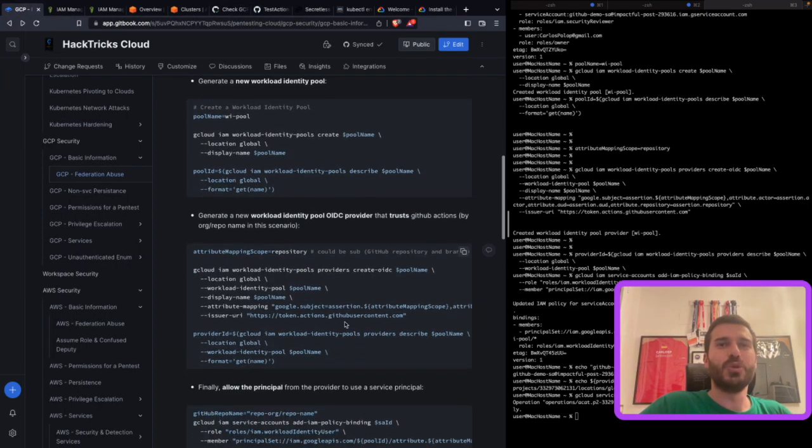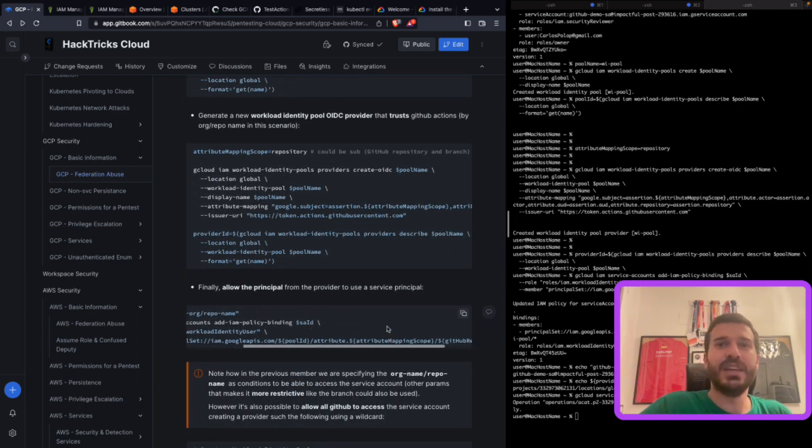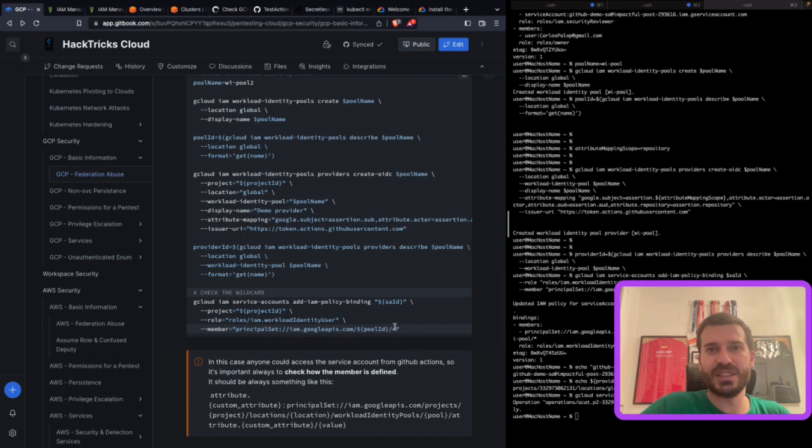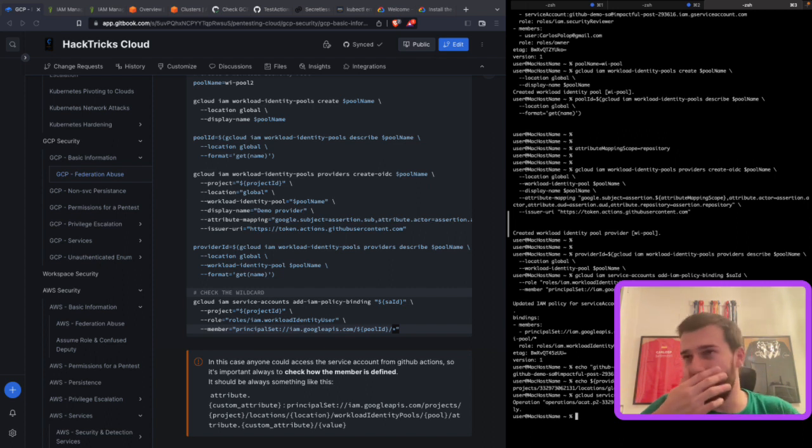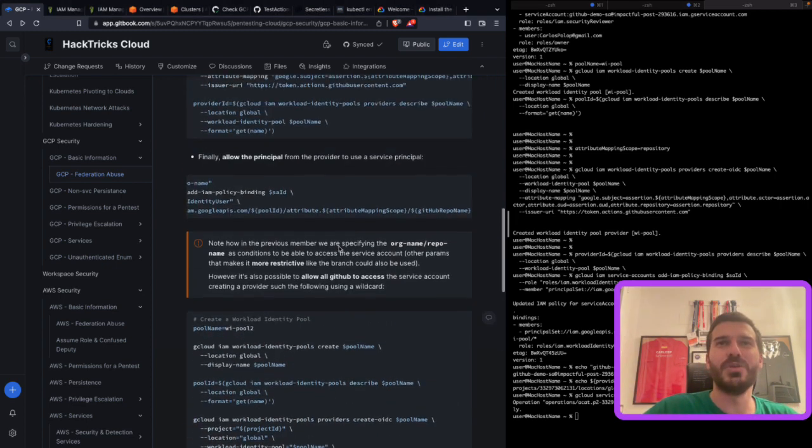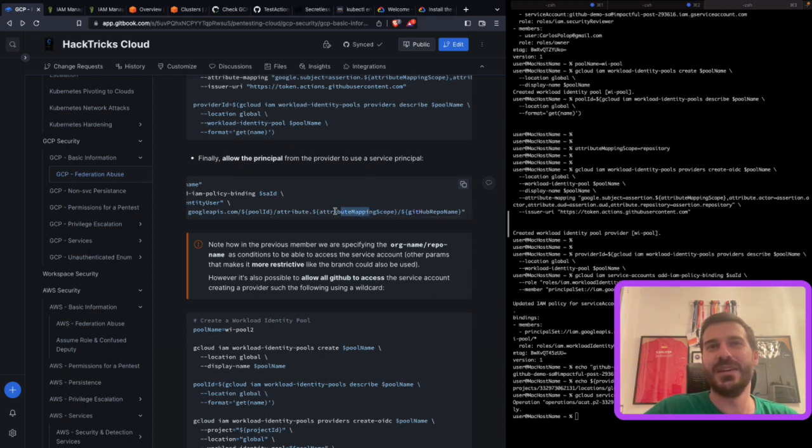Again, the way to make this more secure is to ask GCP to check at least the GitHub repo name. Remember that in our case, we just set this wildcard here, that is telling GCP, hey, do a check, but I accept anything. The proper way to do this is to indicate the mapping scope and then the repo you want to use. Cool. So this was a foothold in GCP using OIDC providers. Let's get back